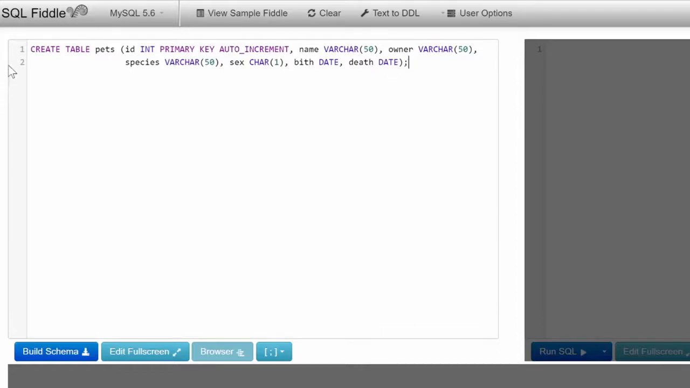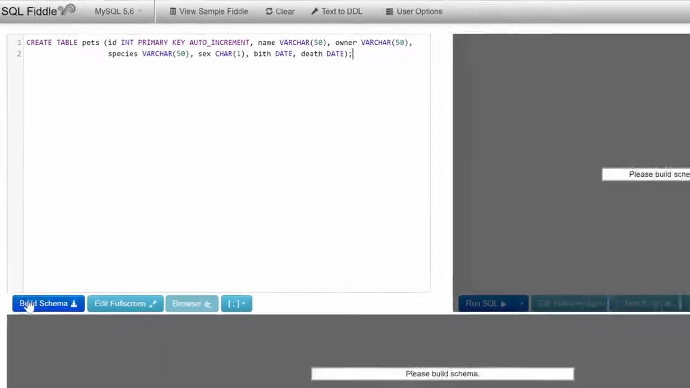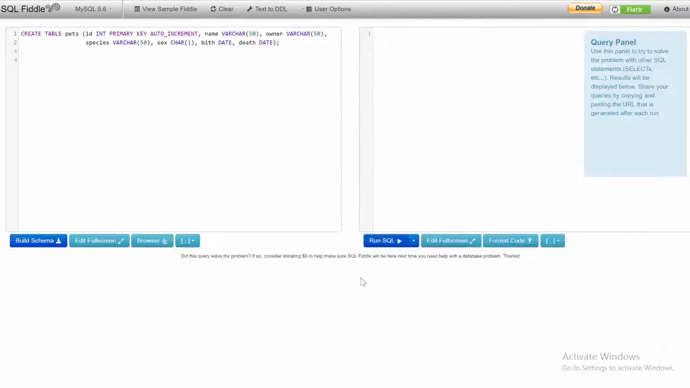And just so you guys can see how SQL Fiddle works, we create our table and we can just click Build Schema. So we've created our database and now we actually want to insert data into our database. Well, where do we do that? Do we do this on the Schema panel or the Query panel? Well, I can tell you ahead of time that we're going to want to do it over here on the